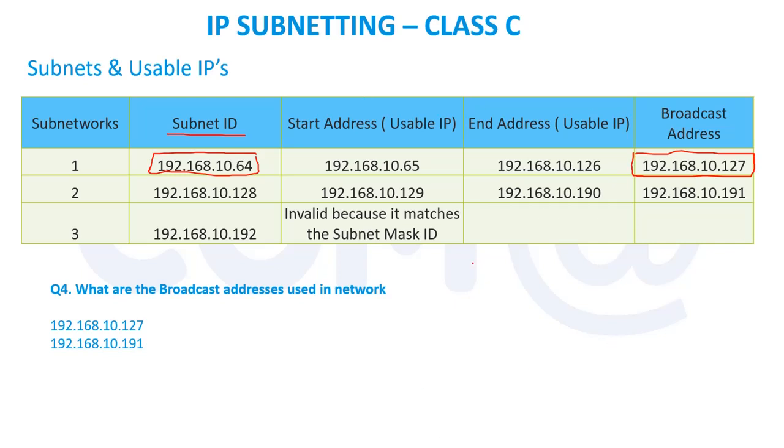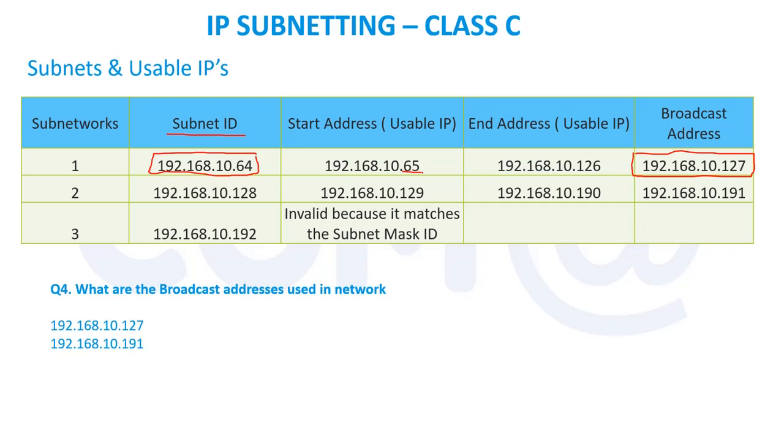How to form the table? In a simple way, how I used to form it is, we just take the subnets allowed for this particular calculation. It was mentioned like 192.168.10.64, and the second subnet is 192.168.10.128. So after this 64, the first IP will be the next IP. So first usable IP, 64, then 65. This is the first usable IP.